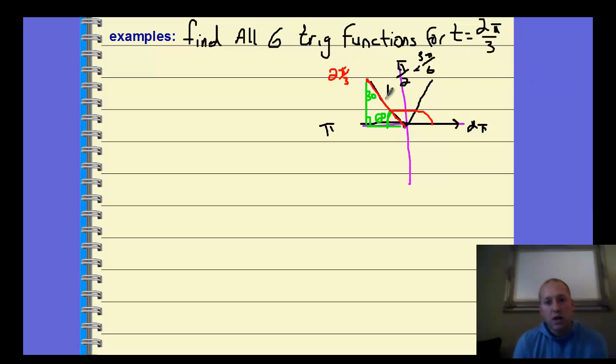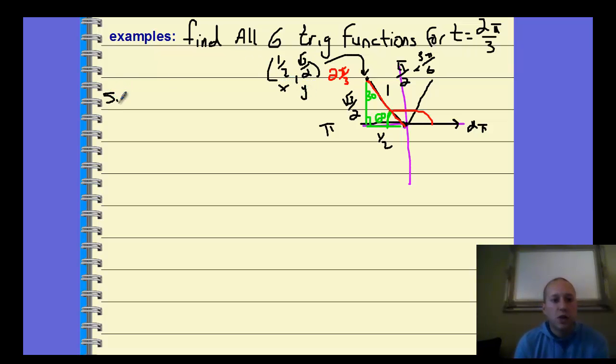Knowing that our radius is 1, we know that the short leg, which is always across from the 30°, has to be 1/2, and the long leg is √3/2. The importance of having this is that now I know this point. This point is (x, y), which is (1/2, √3/2). That point gives us an x and a y value,